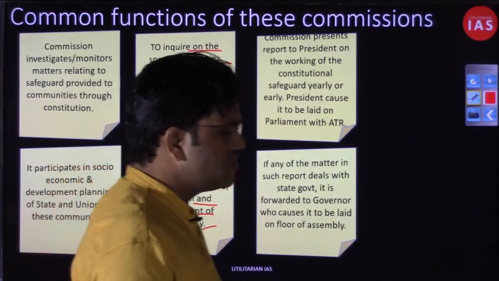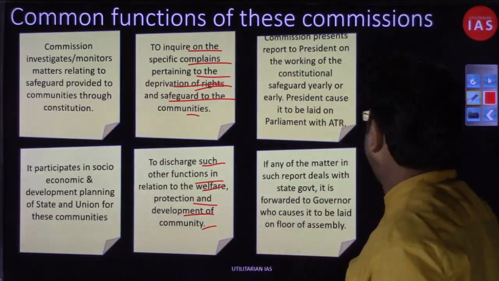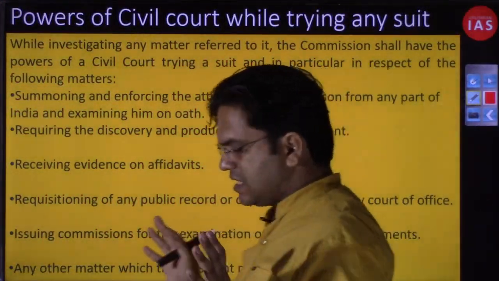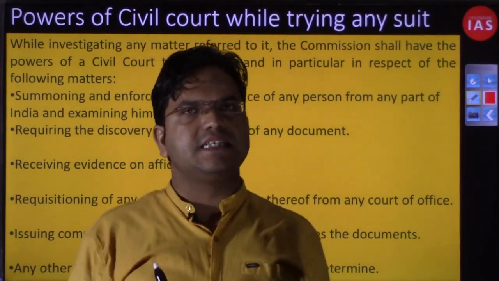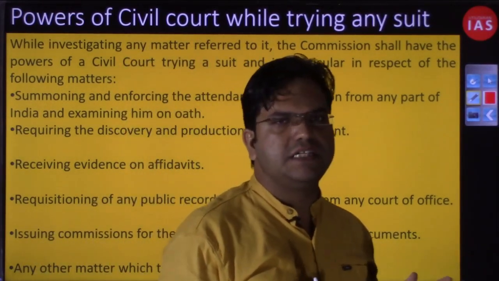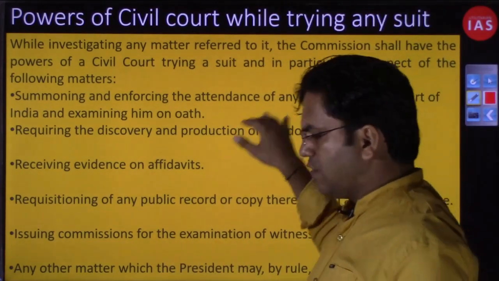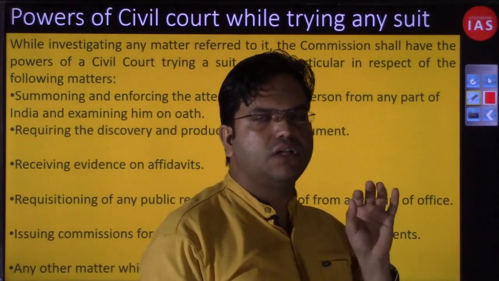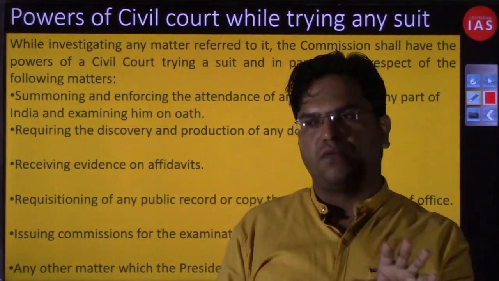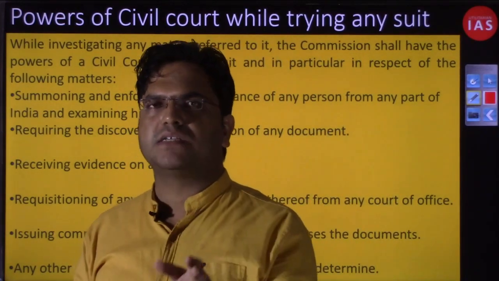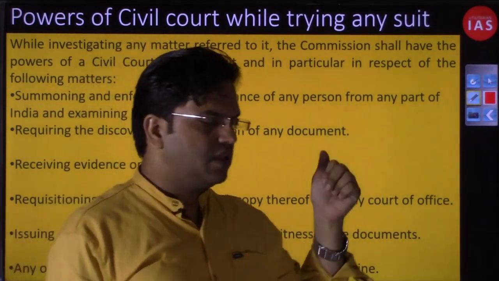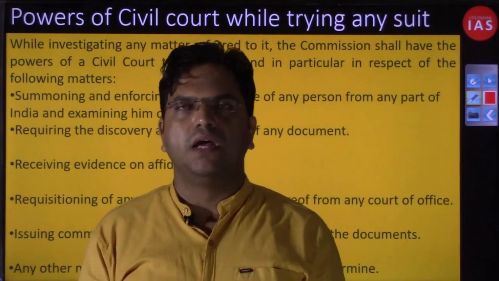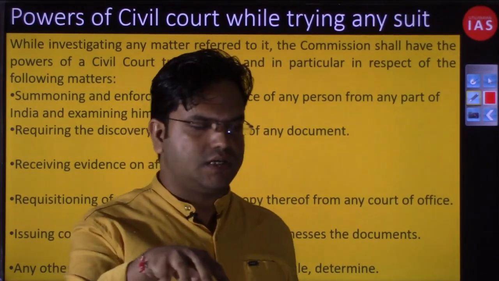So this was about the functions of these commissions. If you allow me, let us move to the next slide to discuss the powers. As I told, these commissions, that is NCSC, NCST and NCBC, have the power to act as a civil court. So suppose they feel that a particular district administration has been colluding, or was not supporting the case of a particular FIR. Suppose by media pressure or by their intervention an FIR was filed, but the police is still colluding with those culprits,